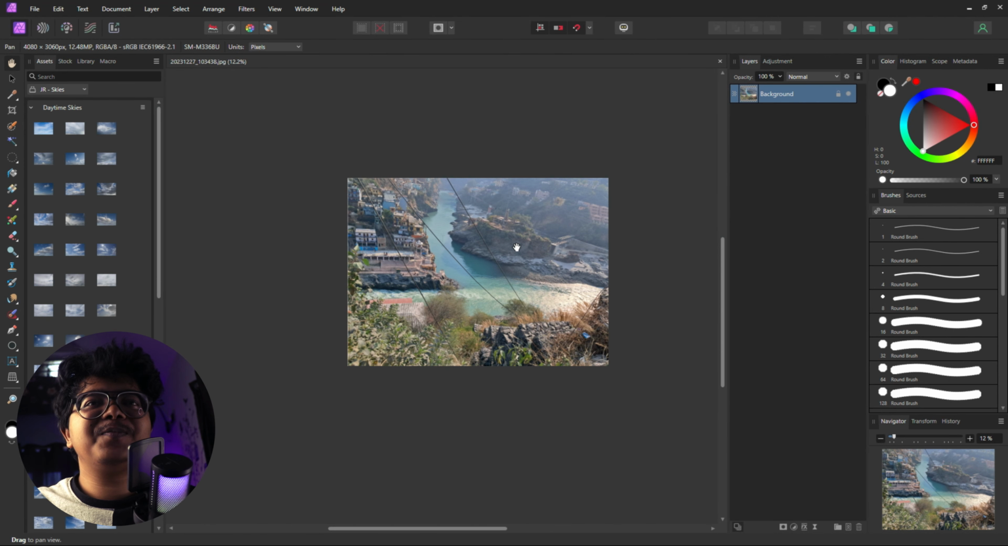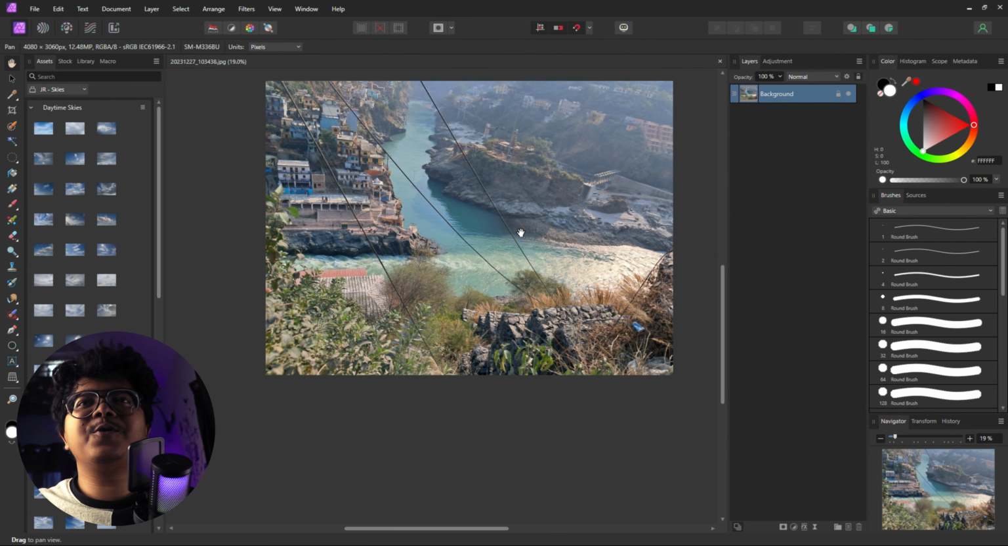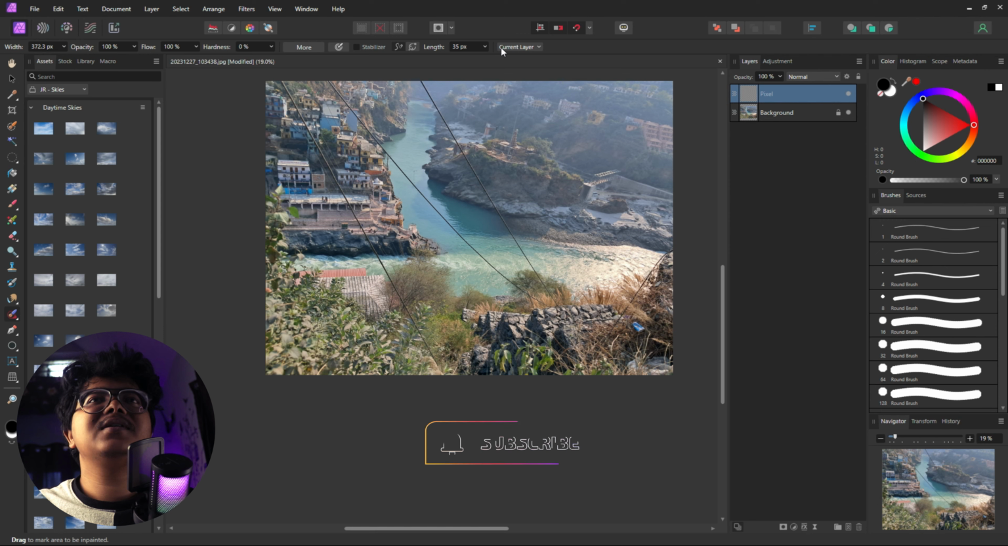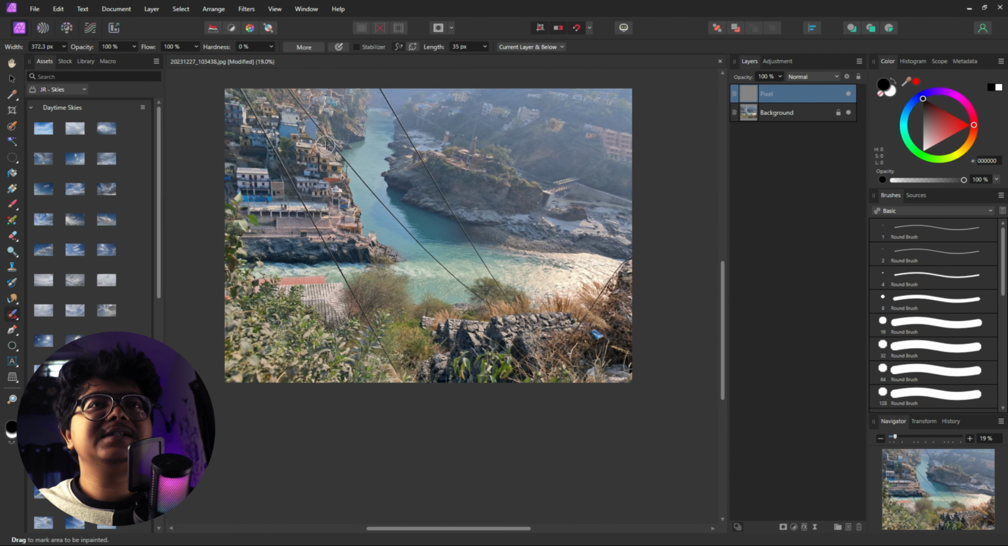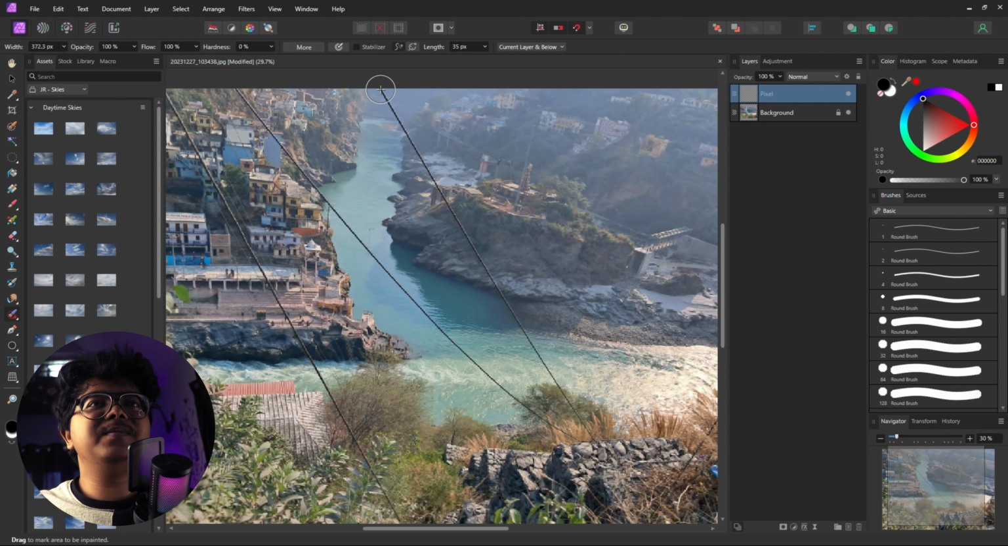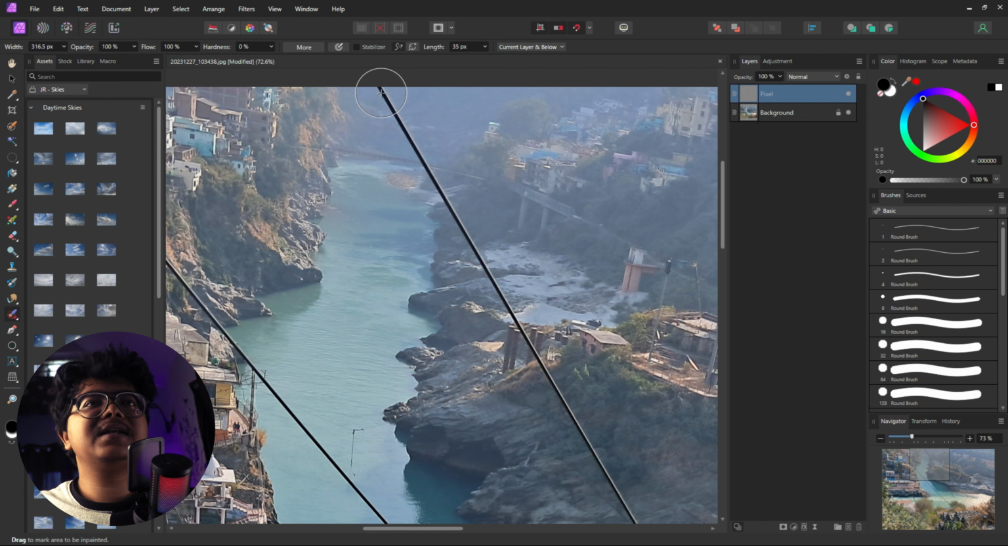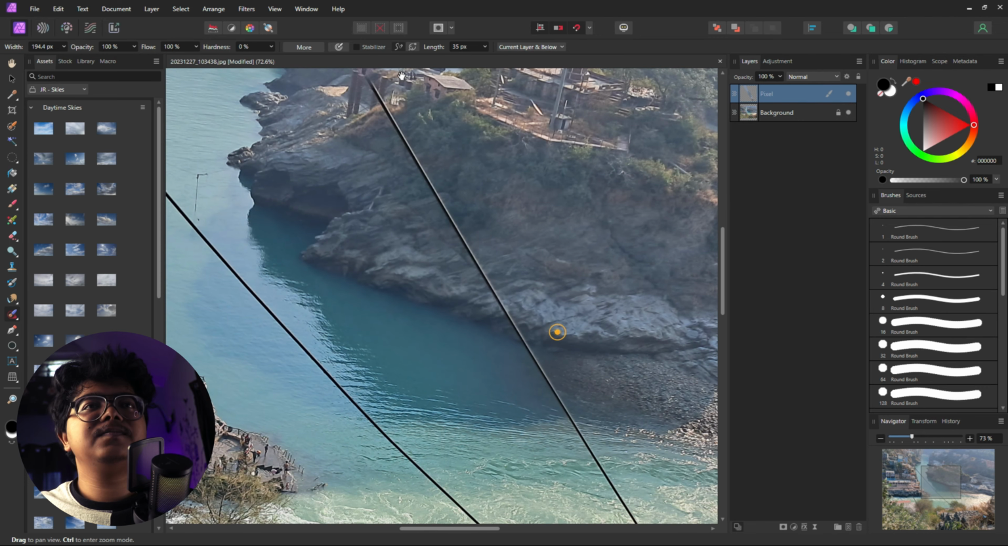So here we are in this beautiful world of Affinity Photo 2, and the first thing we're going to do here is create a blank layer. Select the inpainting brush tool, choose current layer and below, and remove these wires. Remove these distractions. These are creating a lot of problems here. So we'll start by selecting a smaller brush